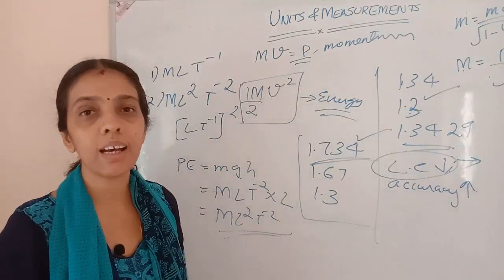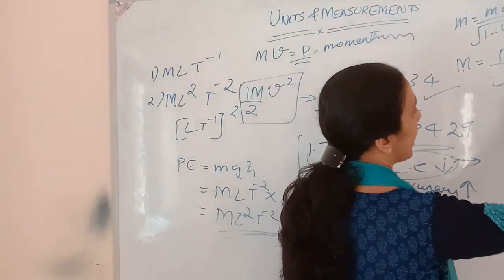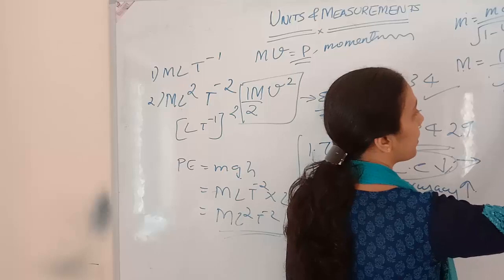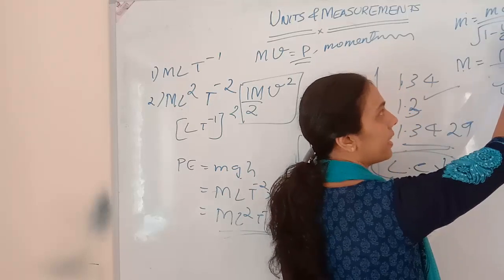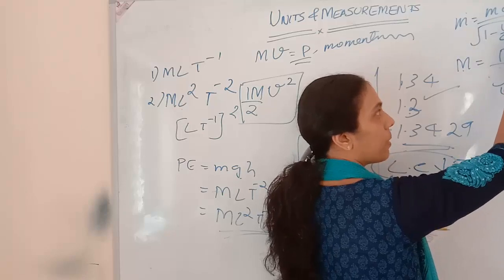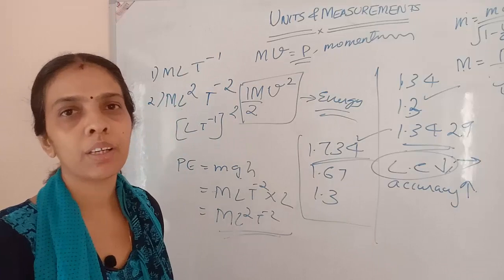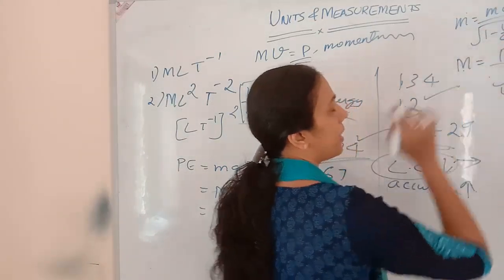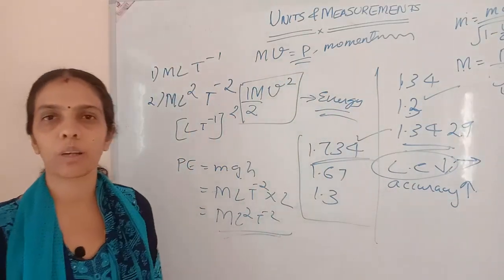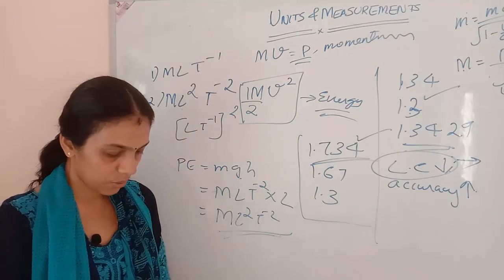We know c is the velocity of light. So if we are dividing v square by c square, the dimension of v square will be cancelled with the dimension of c square. So we should put m is equal to m0 divided by root of 1 minus v square by c square. This will be the equation. Okay, clear? So, the next one is,